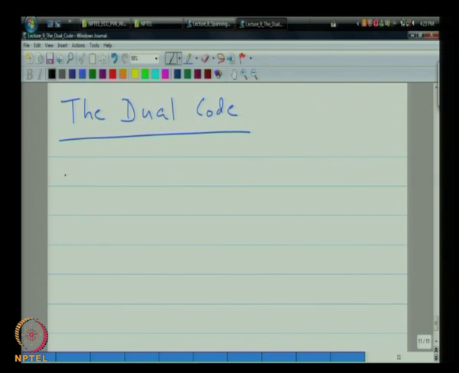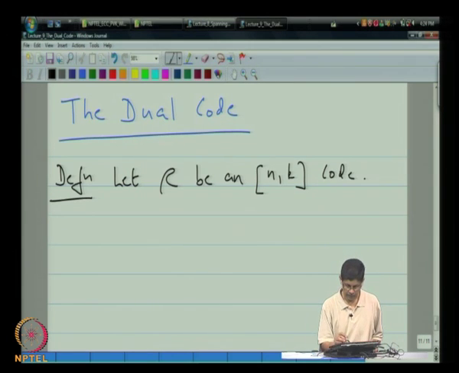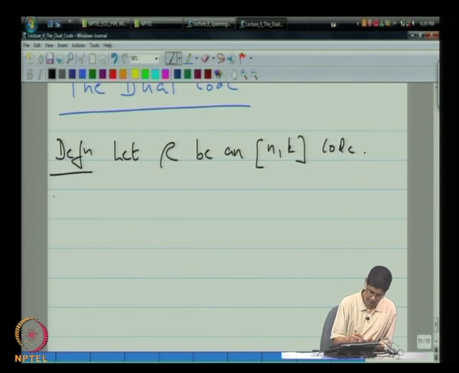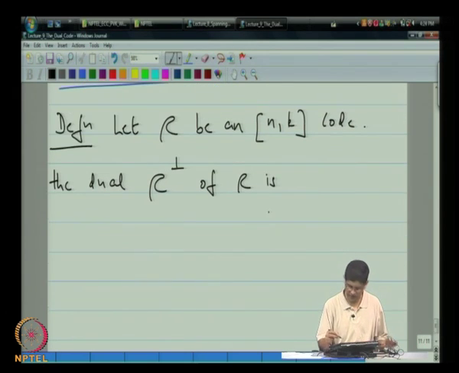So, definition: let C be an (n, k) code. If you will recall from the last lecture, we explained that this is notation for a linear code whose block length is n and whose dimension is k. The dual, C perp of C, is defined by